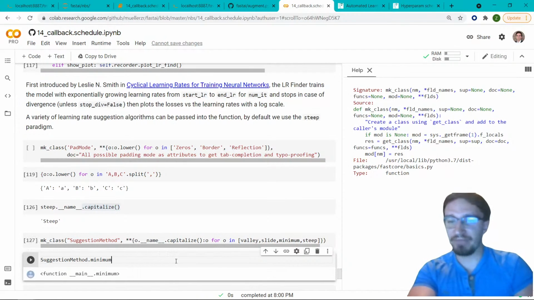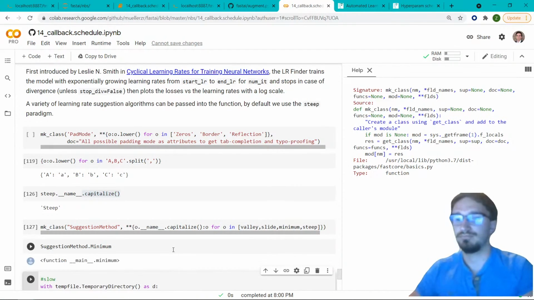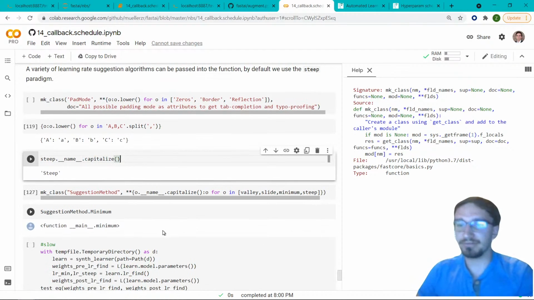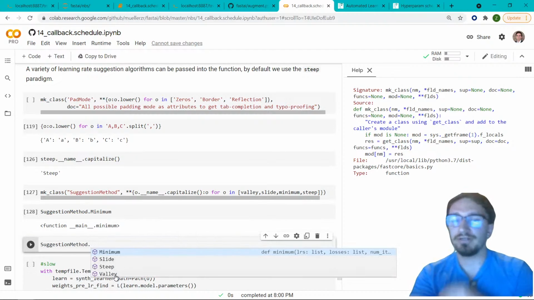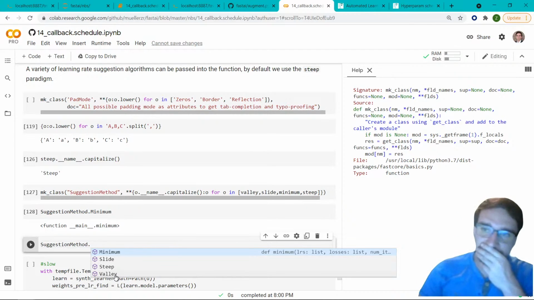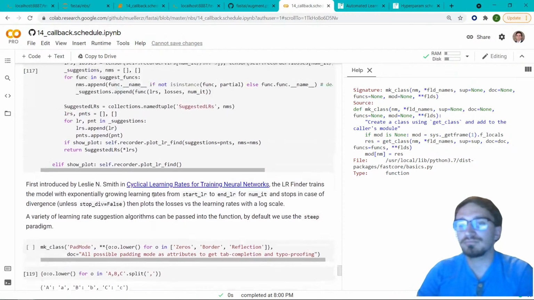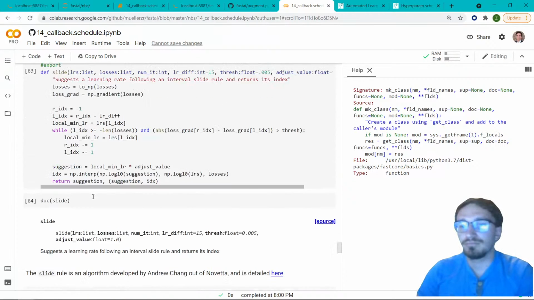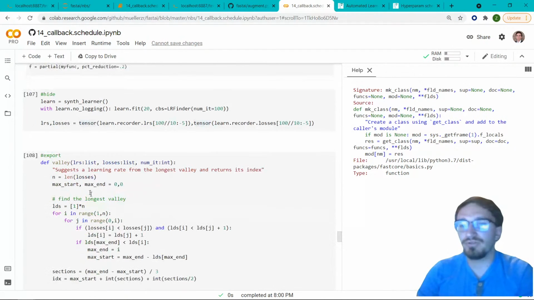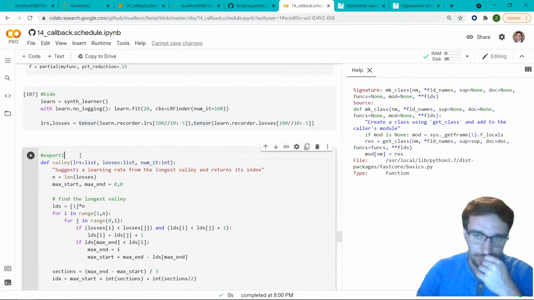So here's basically what my backup is. We have this little class called suggestion method that holds a few different of our... Actually, I like this more. I like that a lot more. So probably what we'll do is